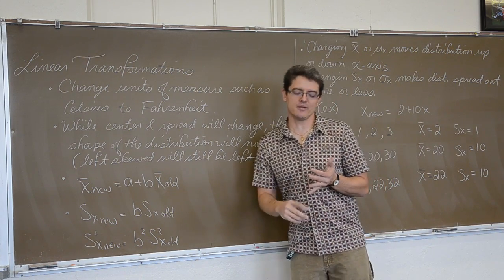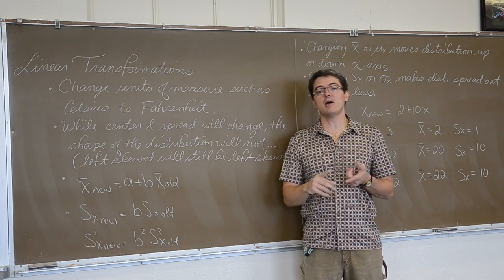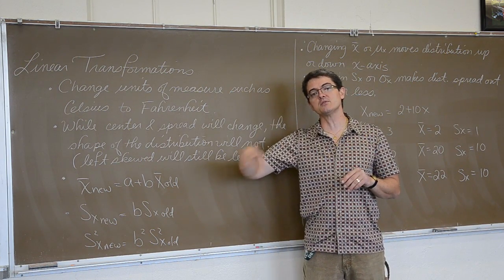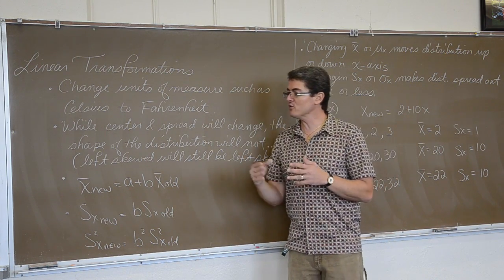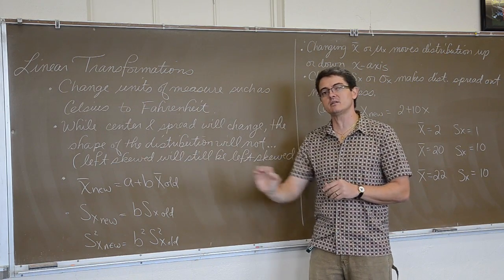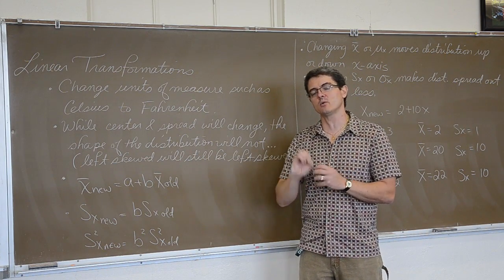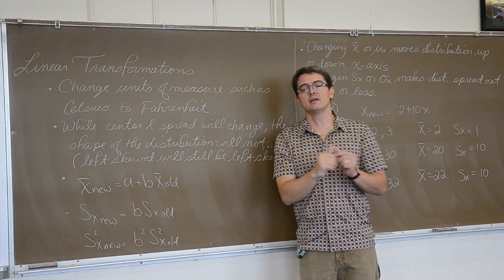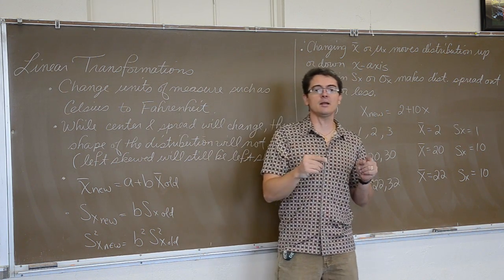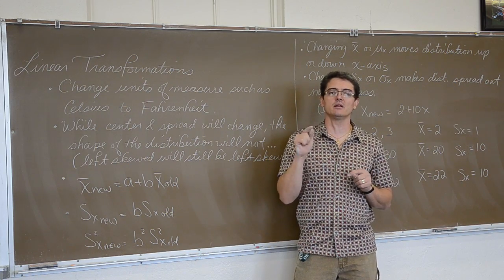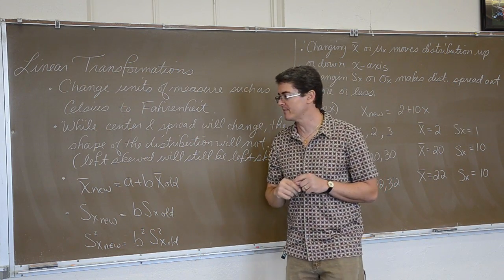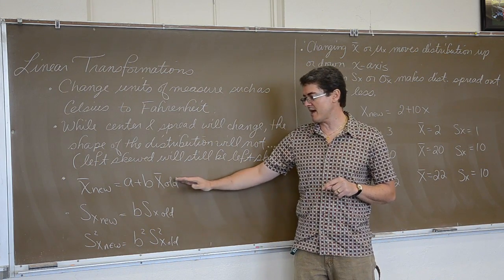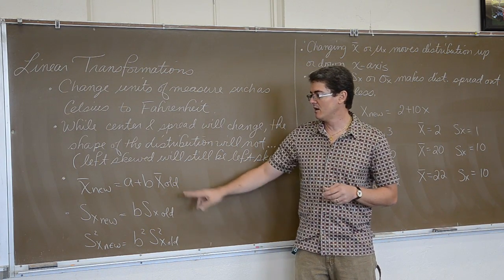But we talked about left and right skewness and symmetry, bimodal, all those weird graphs. We really are going to be working with bell curves most of the time this year. But if your data is left skewed and you run the data behind it through a linear transformation, guess what? It might be more spread out or compact. It might move left or right up the number line, but it is still going to be left skewed. You can't fix that.